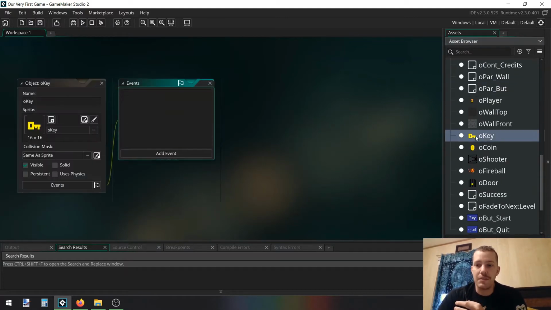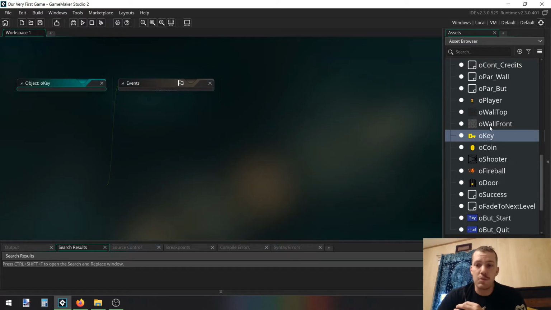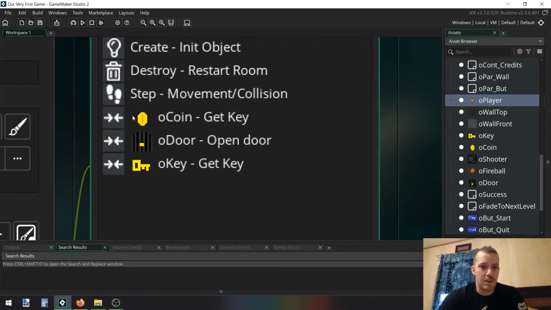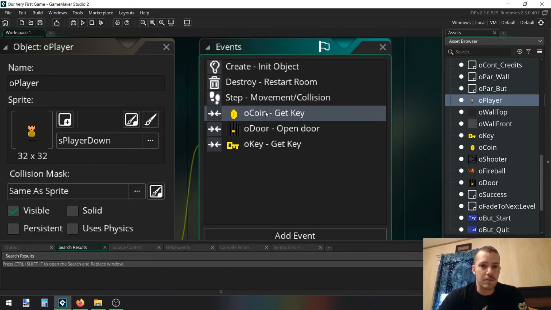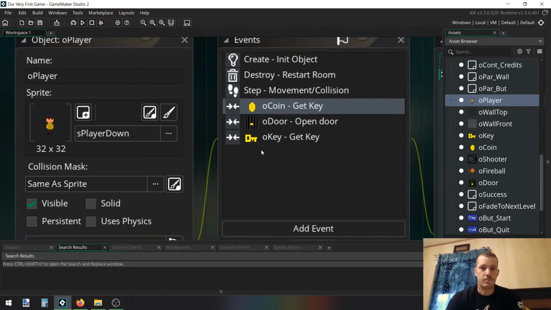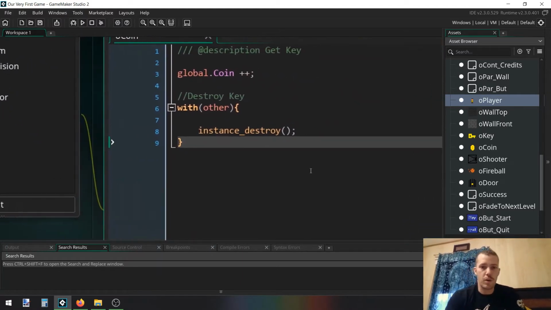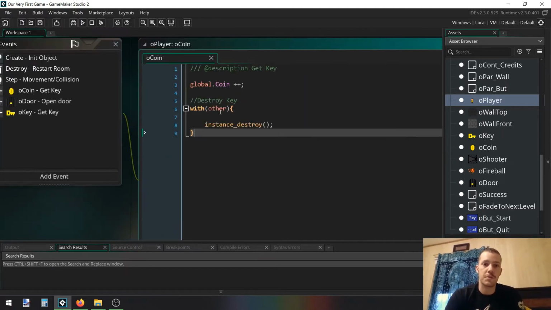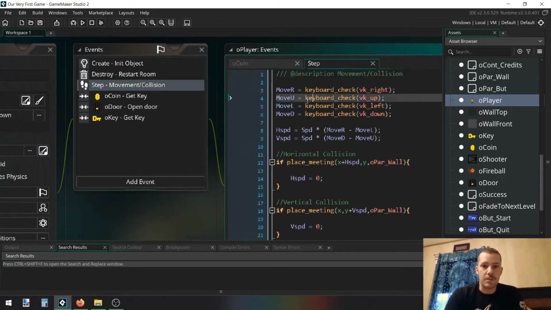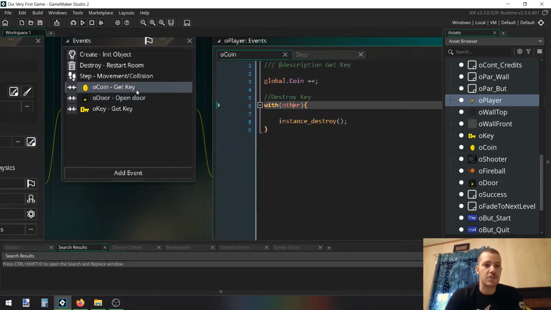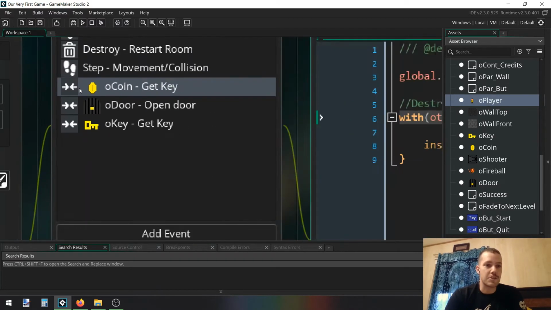Let's go to our player, because our player interacts with a lot of stuff. So O coin, you can see the collision event in our player. We're going to go into here and we want to play the sound the instant that the action occurs. So we wouldn't want to go to the step event and just say play sound in the player. We want to make sure that the instant this collision happens,